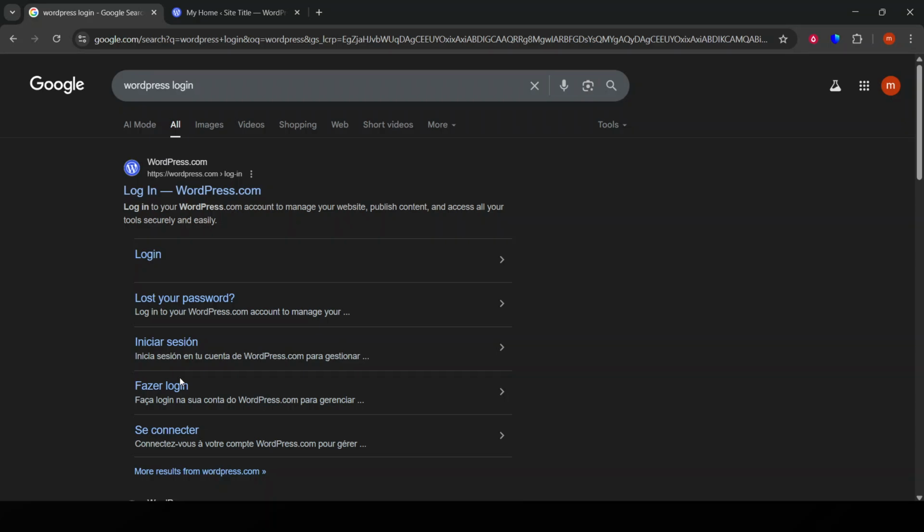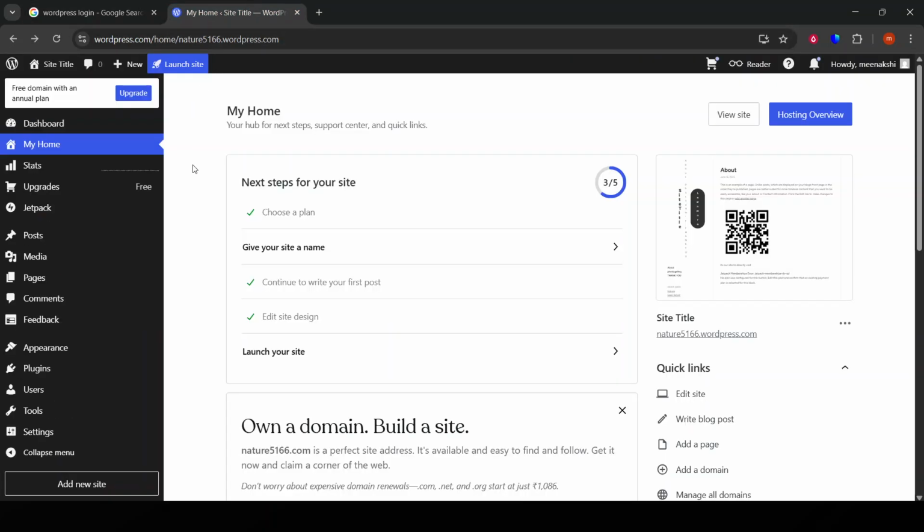First, you'll want to log into your WordPress dashboard. You can do this by navigating to your website's URL followed by WP admin. Once you've entered your credentials and successfully logged in, you'll land on your WordPress dashboard, which is your control panel